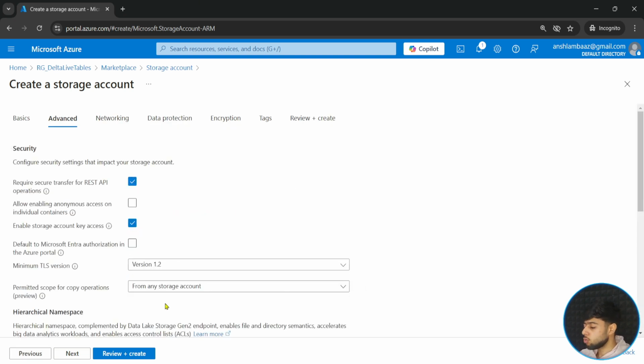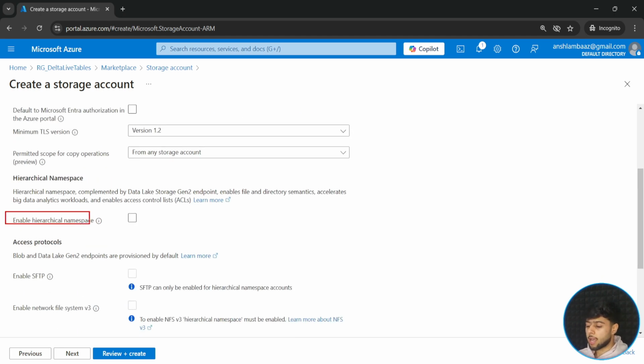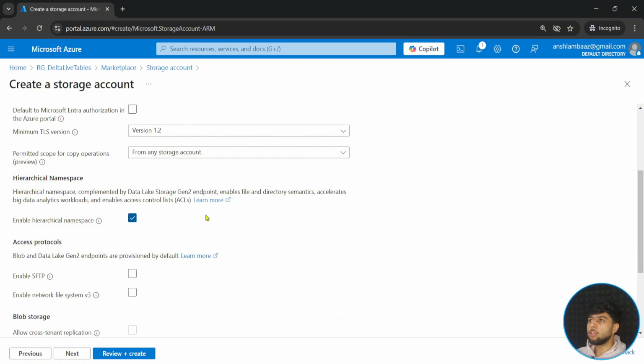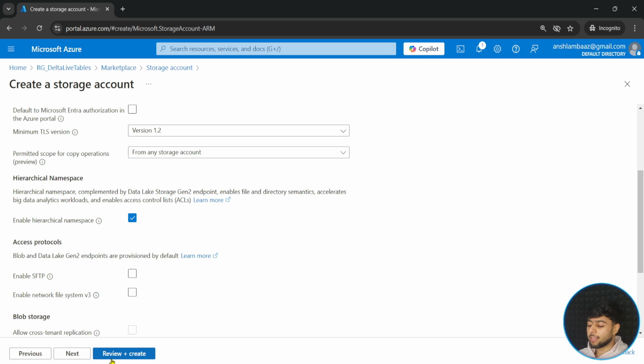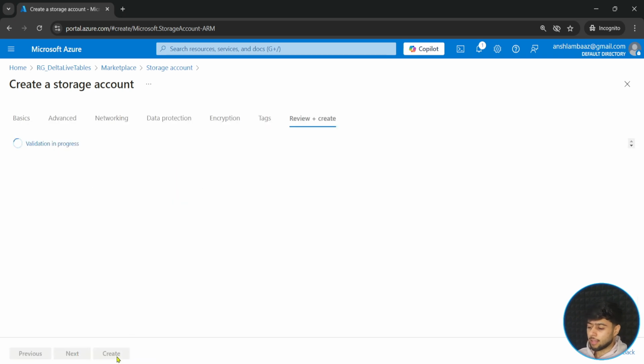Here you just need to check one box, which is very important to create a data lake. Otherwise it will just create a blob storage. This is hierarchical namespace. Just click on this box, because when you enable hierarchical namespace, you actually save your data within folders, in a hierarchical way. Otherwise, you cannot create folders. You have to put everything inside containers. Then you can simply click on review plus create,